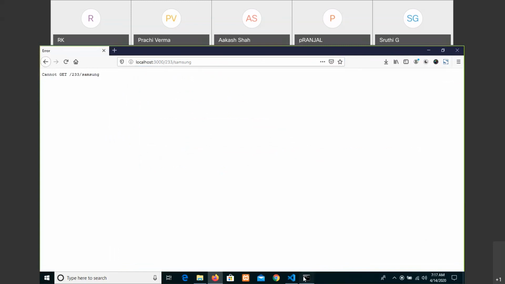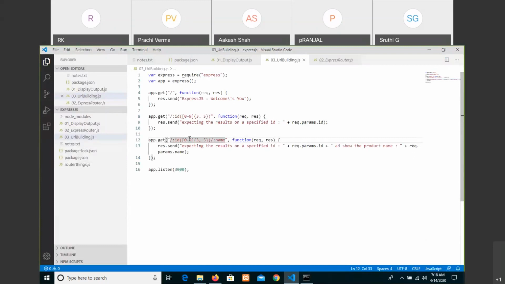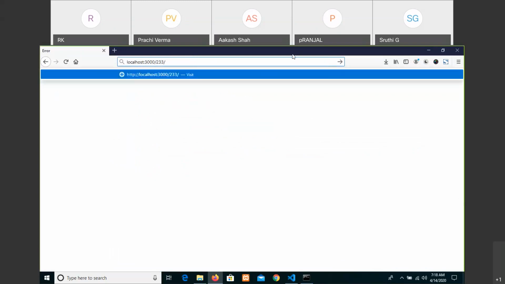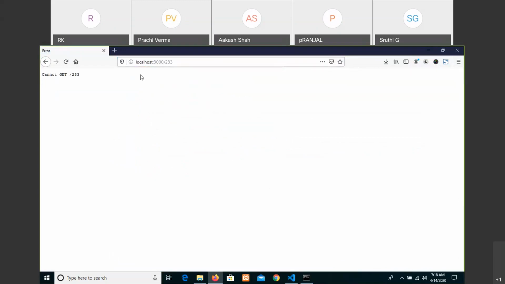Why? Working now. Minimum three characters to, let us do one thing. Let us ignore for the time being this one, and we have given here a minimum 3 to 5 characters restriction. In this case, that has to accept. Let us do one thing.